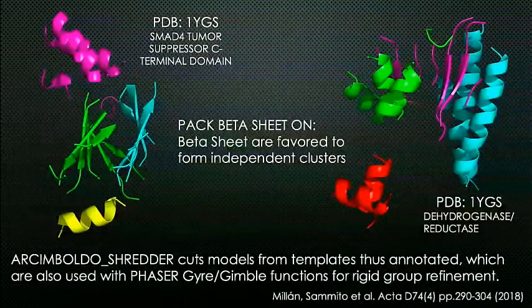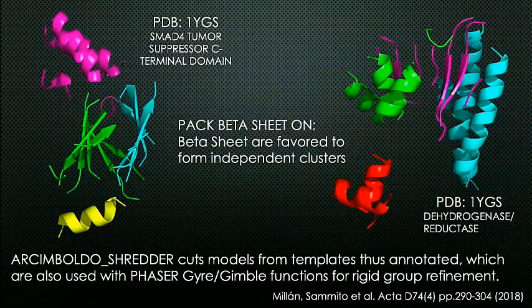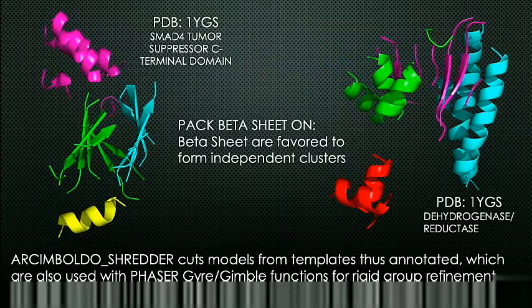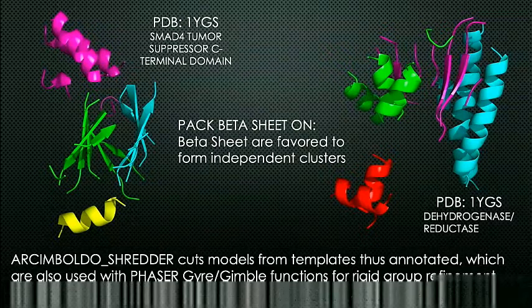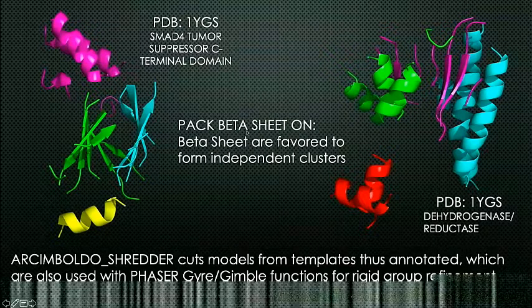Again, we can enforce other structural properties. For example, it makes sense not to break a beta sheet into pieces unless this beta sheet is very large. We can force the program to do that by applying these other filters, so pack beta sheet on. And you will see,